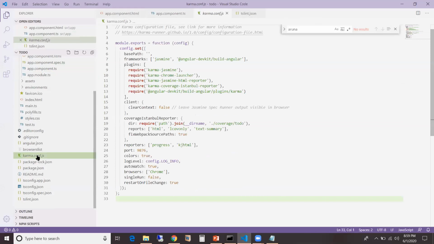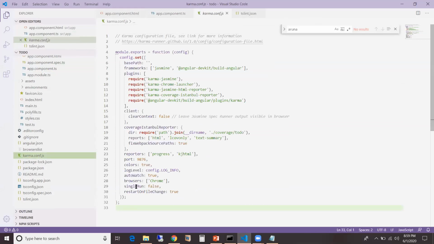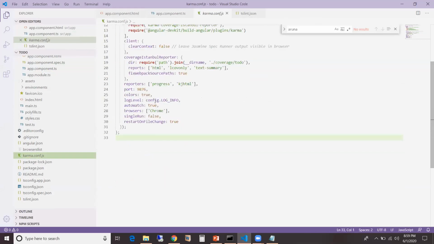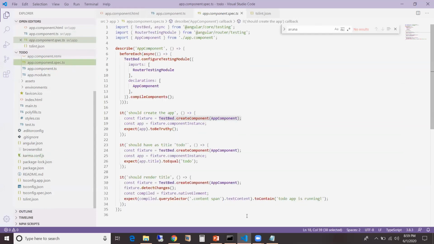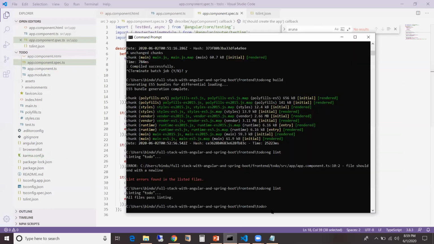And this is the Karma configuration. So if I run ng test, this should run the unit tests.